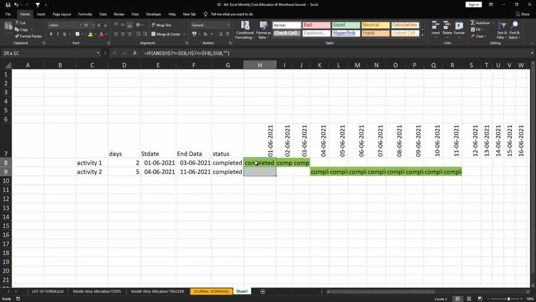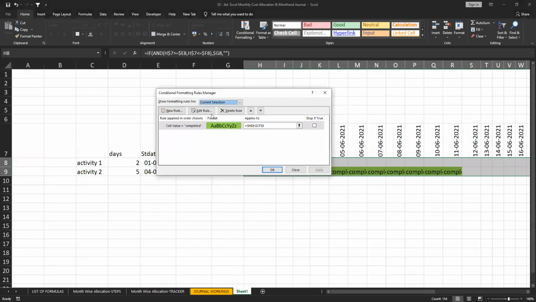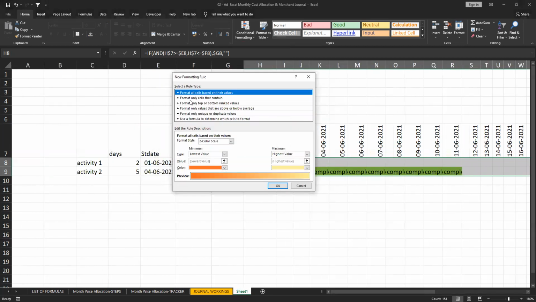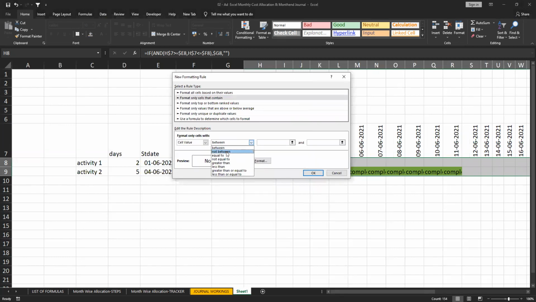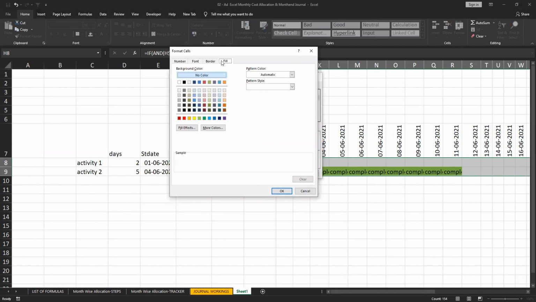Suppose pending means I need to have the red highlight. So same way I need to go to manage rules, go to new rule again. So the cell values that contain, equals to, pending, right? So the format is fill with red.